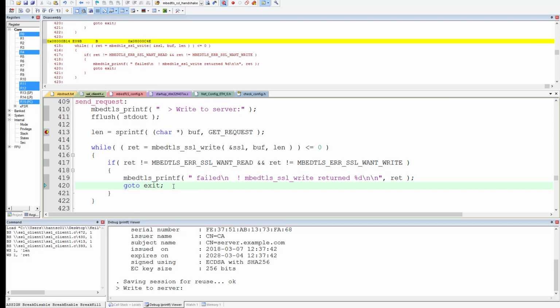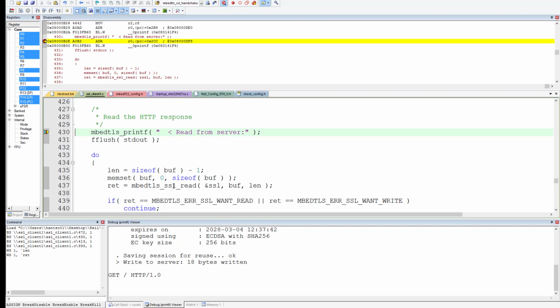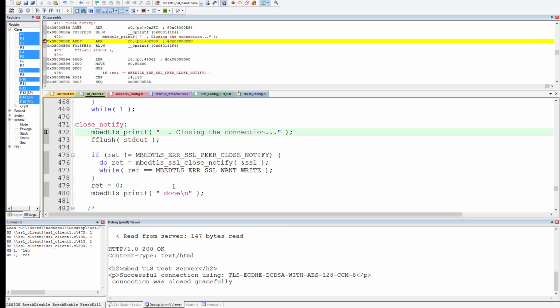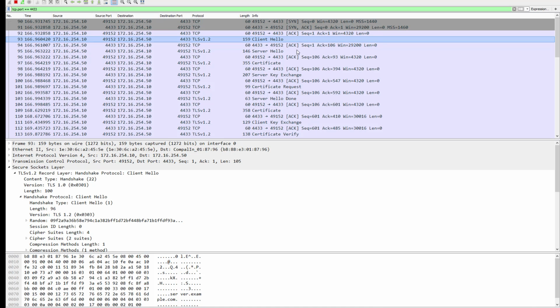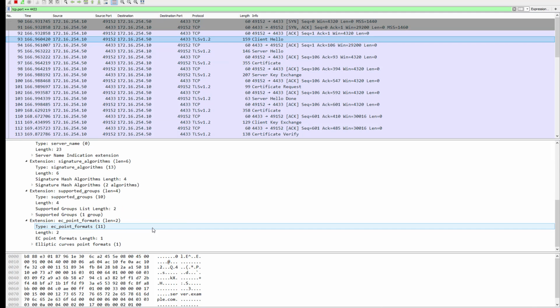Let us do that. We send a request and we subsequently wait for the response. So now everything was like before. We did the full handshake, we protected the application communication, and now we are ready to close the session, and we have already received the close notification from the server side. So let's have a look at the Wireshark. So we see the usual TLS communication, client hello, server hello, and so on. So if we look at the client hello, what we will see is,